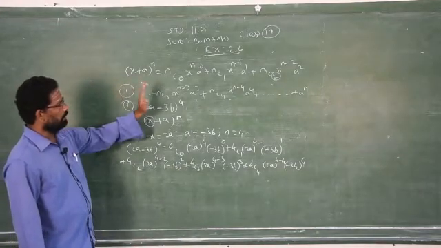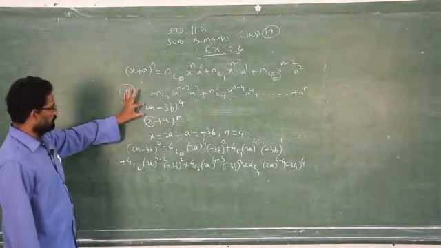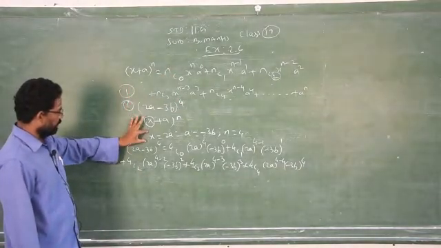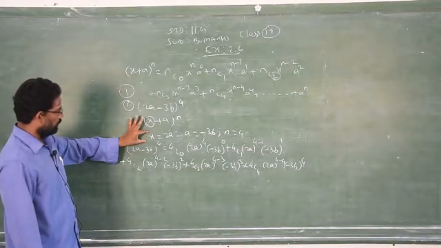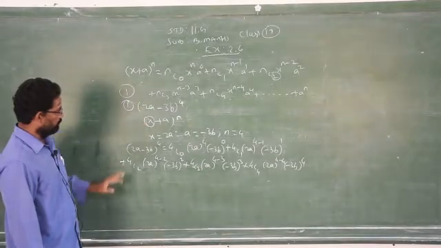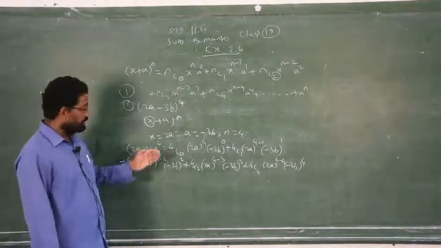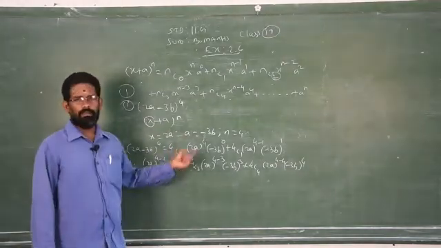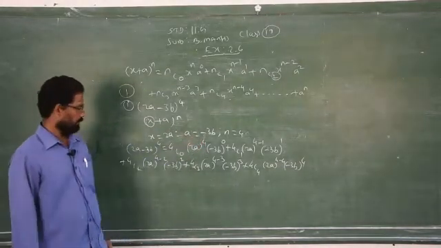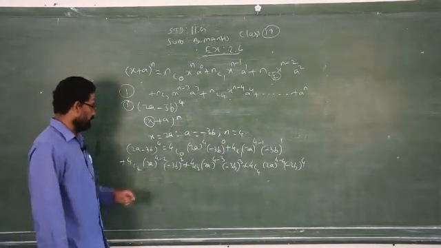Please memorize the general formula, compare the given question to the general format, and write down the values of x, a and n from the question. Then you write the general formula. Next step, you replace n, x and a with the information given in the question. Then you start to simplify. Now I am starting to simplify this one.